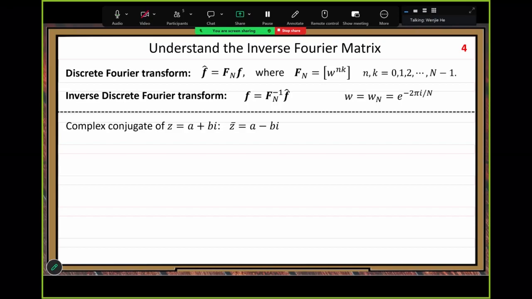All right, then with this operation, now we can